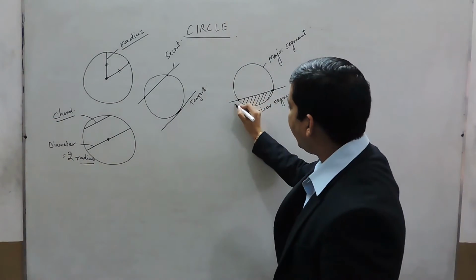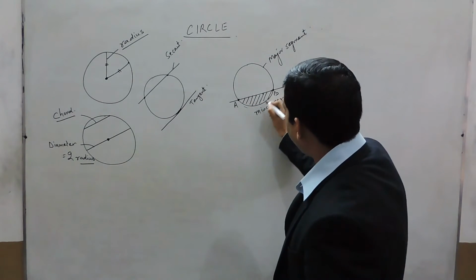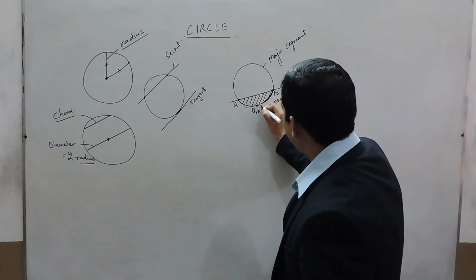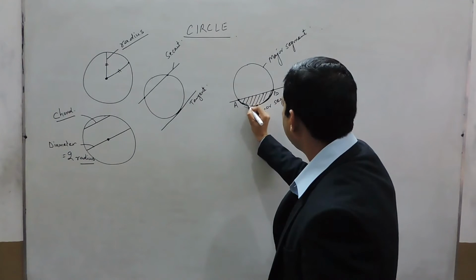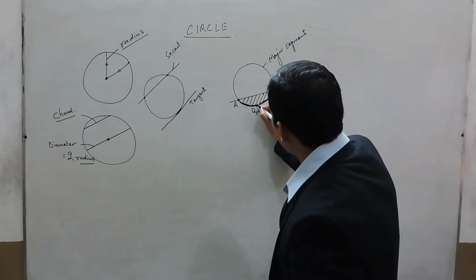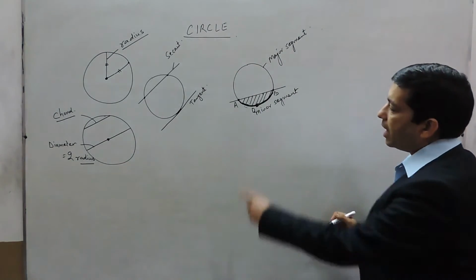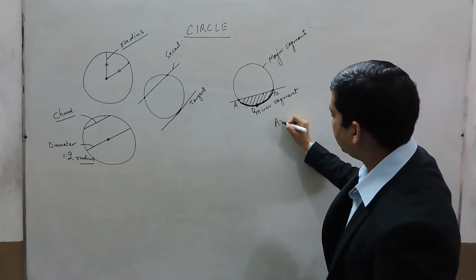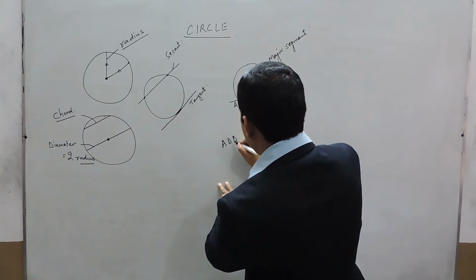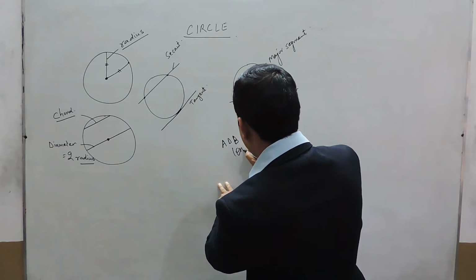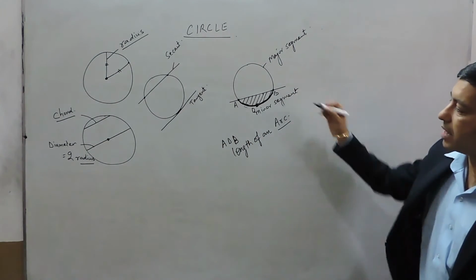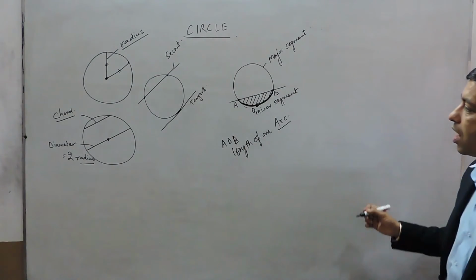If we look at the length from A to B, which is passing through the point D, this is basically a portion of the total circumference, and this portion is known as the arc. Or we can say the ADB value is known as the length of the arc. So major segment and minor segment are there, and then there comes the length of an arc.